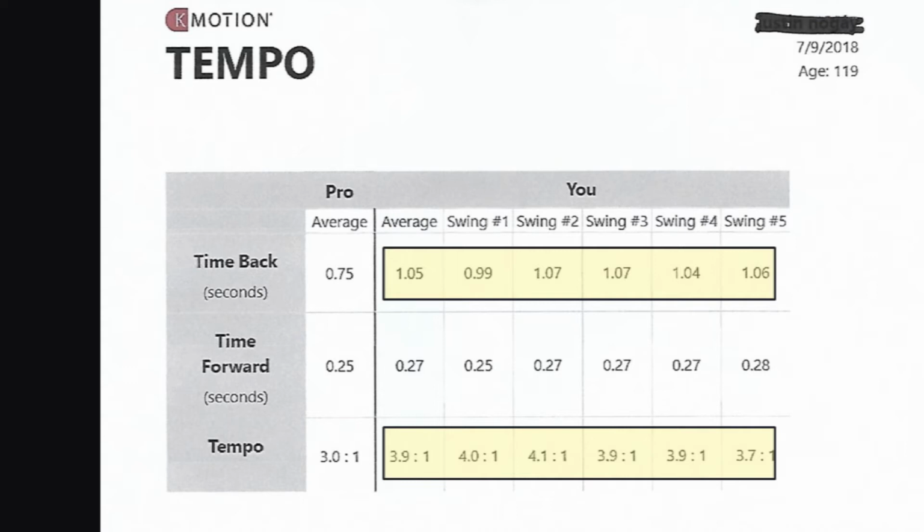A lot of people feel that from a sequencing issue, is that they don't transition correctly, so they pull the club quick, and their body doesn't have enough time to get out of the way, which makes them feel fast. Tempo is one of the things that people just don't get. It's really hard to feel that tempo. It's why the tour tempo stuff worked, and just hearing that beep. And if you've ever done that, it's really hard to make that swing at that pace sometimes because you're thinking